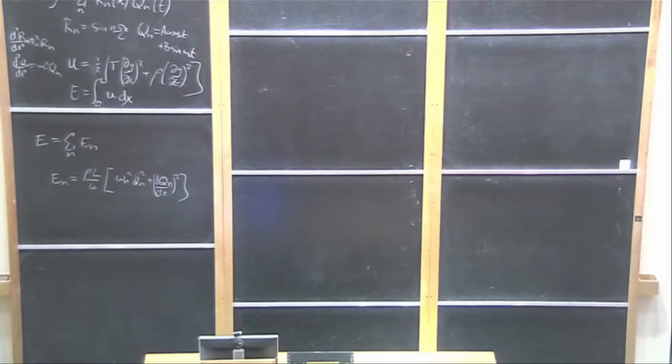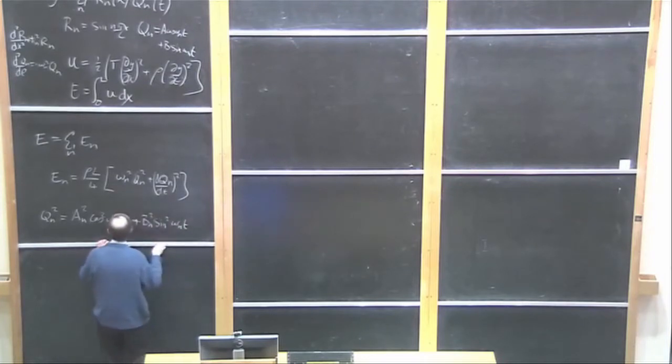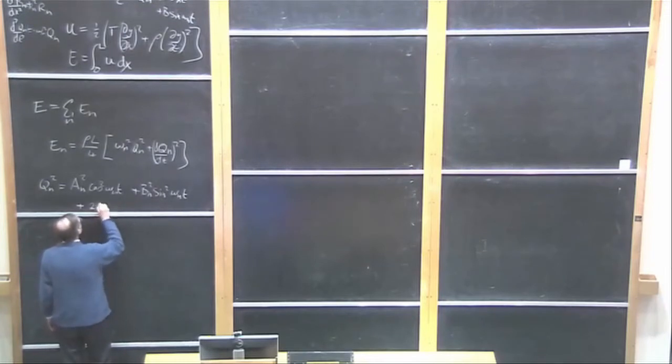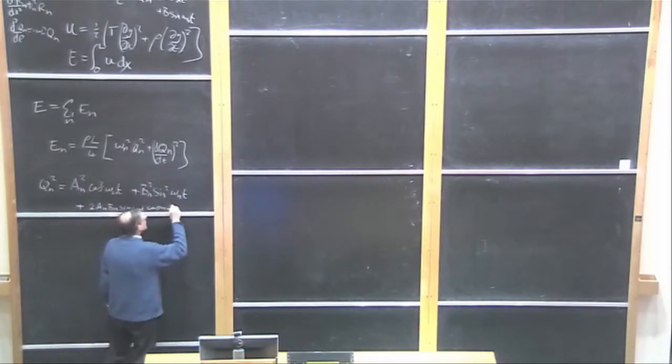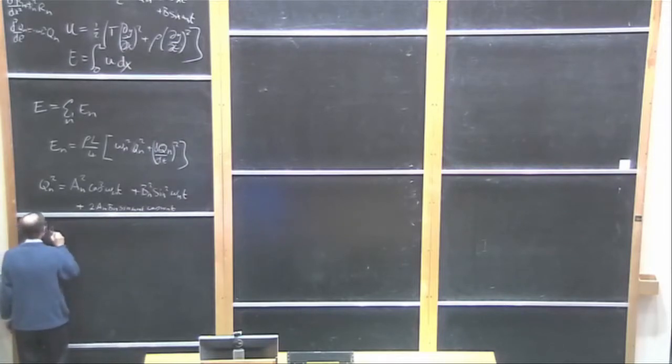And the final step, which I didn't get around to last time, was to show that En was in fact also constant in time. And in order to do that, I could substitute for the explicit form for Qn up there, which gives us Qn squared is An squared cos squared omega n t plus Bn squared sine squared omega n t plus 2 An Bn sine omega n t cos omega n t,